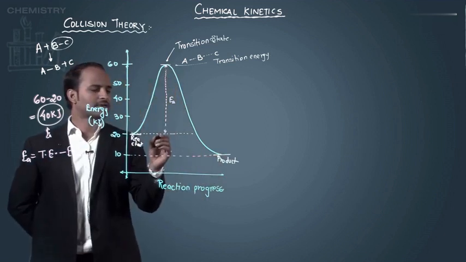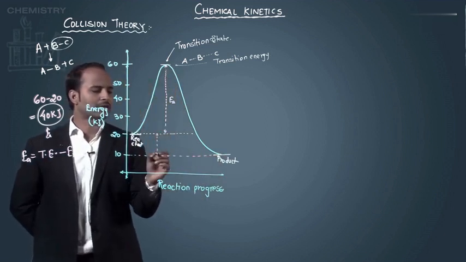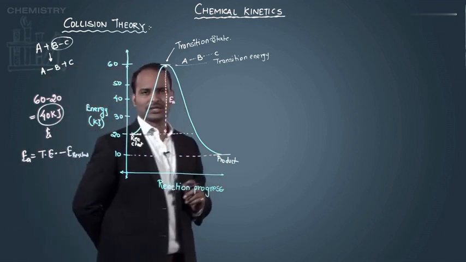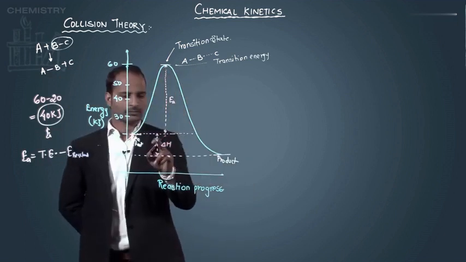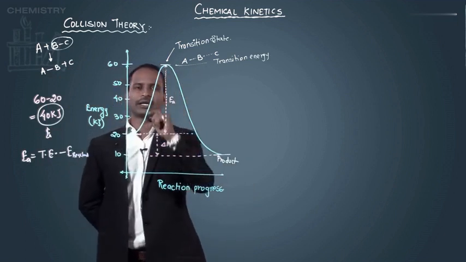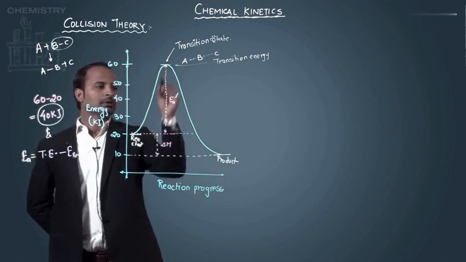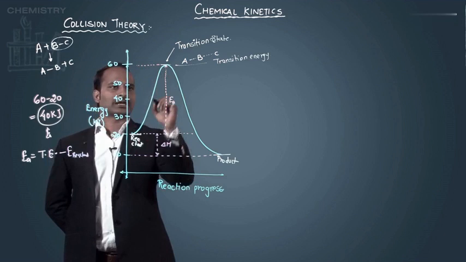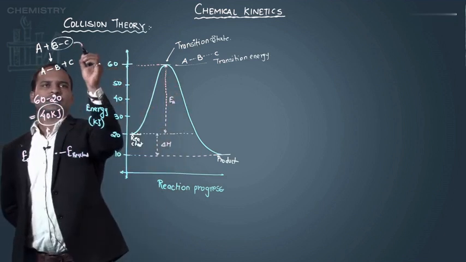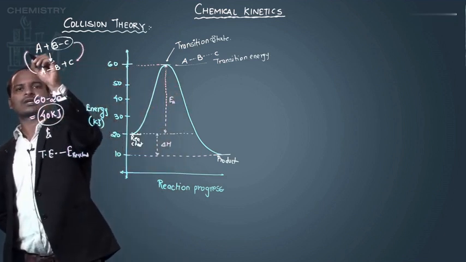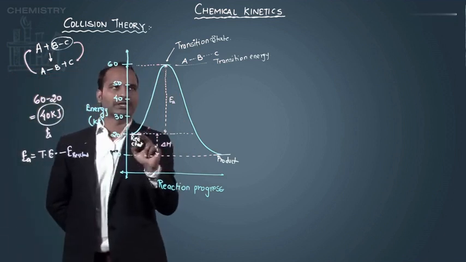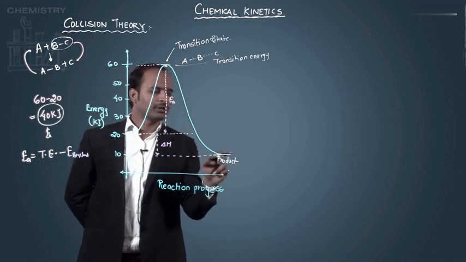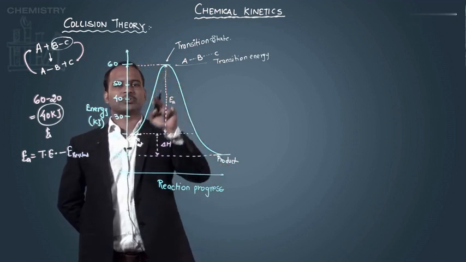So this is the difference of the energy. This is nothing but the enthalpy of the reaction, called delta H, which is the difference of the product energy and the reactant energy. If I'm talking about the forward reaction, where the reactant is giving product, moving in this direction is a forward reaction. But if I'm moving in this direction, this is a backward reaction. If I'm starting from here, it is a forward reaction till there. But if I'm starting from product to reactant, then it is going to be a reverse